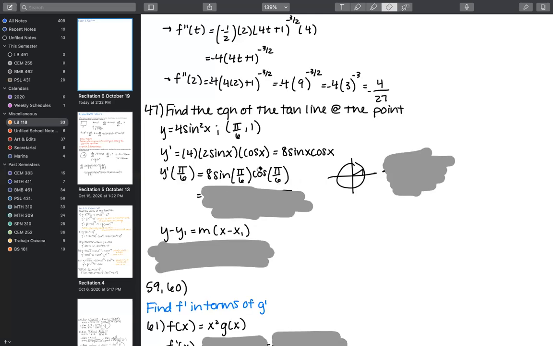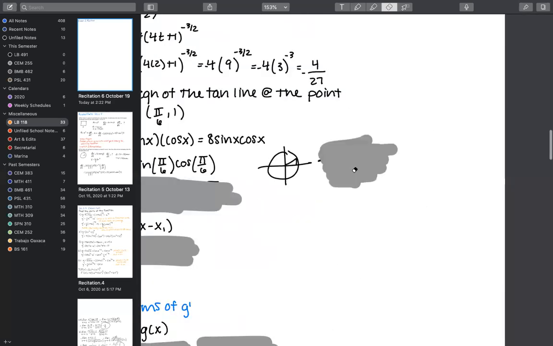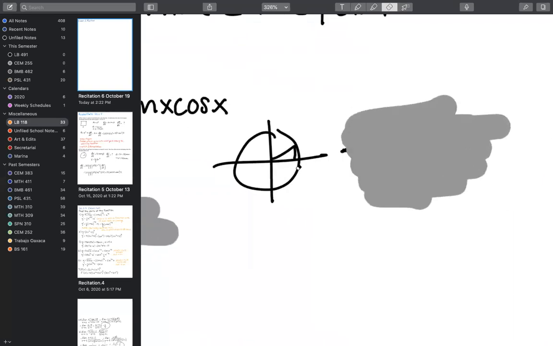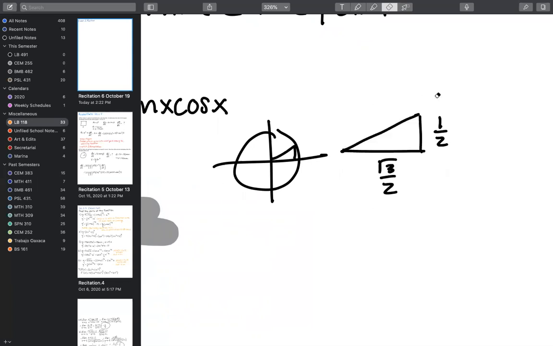I'll remind you guys that sine correlates to y, to height. Cosine correlates to x. And since we're doing pi over 6, we need to think about this short. So there's the 45, 45, 90 triangle. Pi over 4 right here would be a 45, 45, 90, which would have equal legs, and then its hypotenuse would be 1. But we are concerned with pi over 6, which is the 30, 60, 90 special right triangle, also with a hypotenuse of 1. And so it's going to have a height of 1/2 and a width of square root 3 over 2.